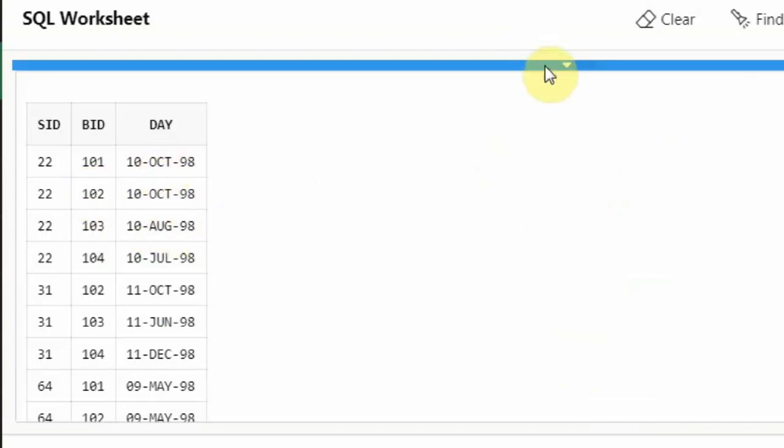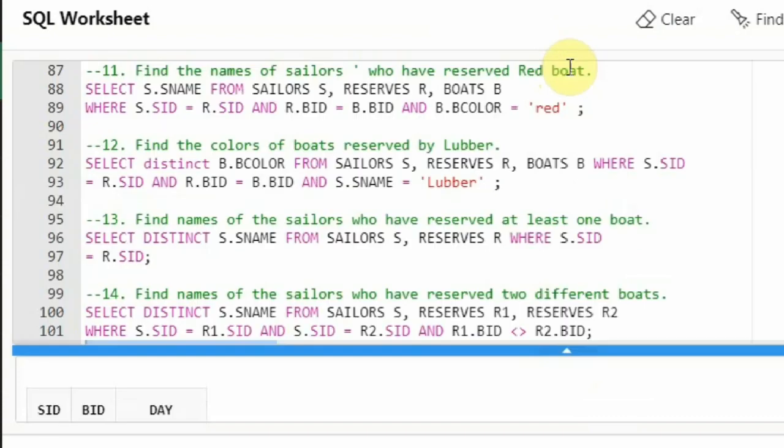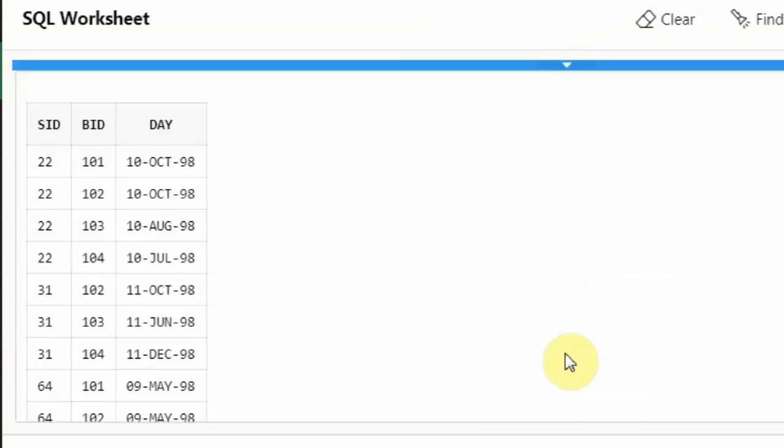What is your question? We want the names of the sailors who have reserved two different boats. For example, 22 has reserved two different boats, 101, 102 and so on. And 31 also has reserved two different boats. How am I saying two different boats? Because the BIDs are not matching. 101 is not equal to 102, right?